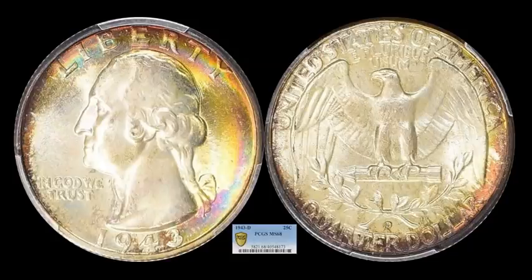And then finally, oh my goodness, this thing is stunning. It's a 43D Washington quarter. It looks like, based off of the toning pattern, that it was probably at one point in an album for a good decade or three. But this one right here, just beautiful, a nice early World War II era coin. Another type set registry type beauty all in itself. And the grade's high: PCGS Mint State 68, gold shield. And this one sold for